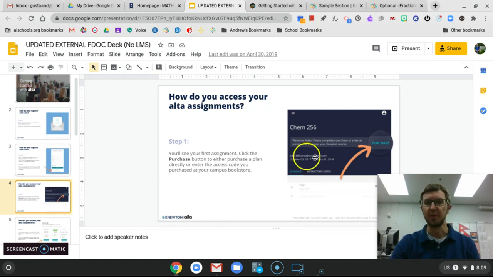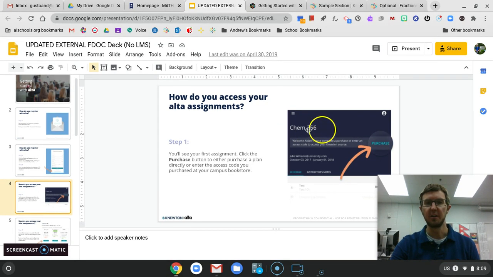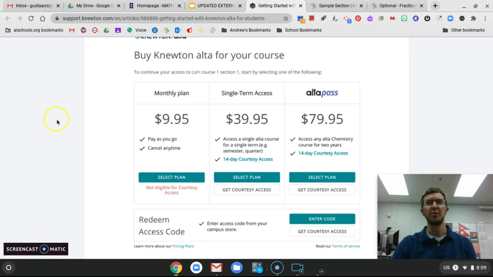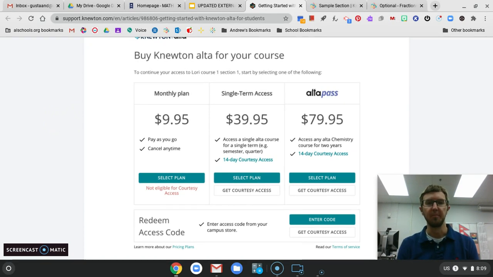At the top of the screen, you're going to see where it says purchase. So it's going to give you the class title, Algebra 2, and then a link for purchasing. This is where I'm gonna jump off of my PowerPoint, go to a different page. Here are your payment plans, your different options for payment. If you're buying directly from the Newton website, so you haven't gone to the bookstore, you're buying it right now,